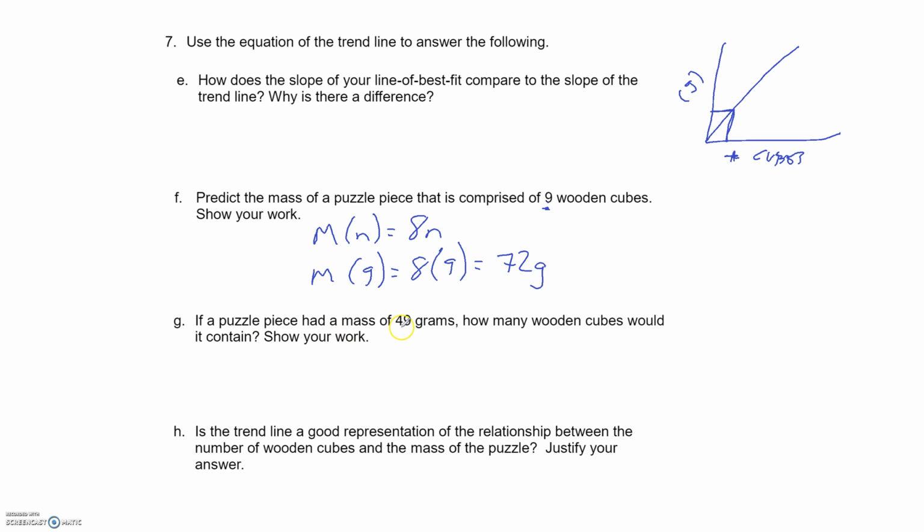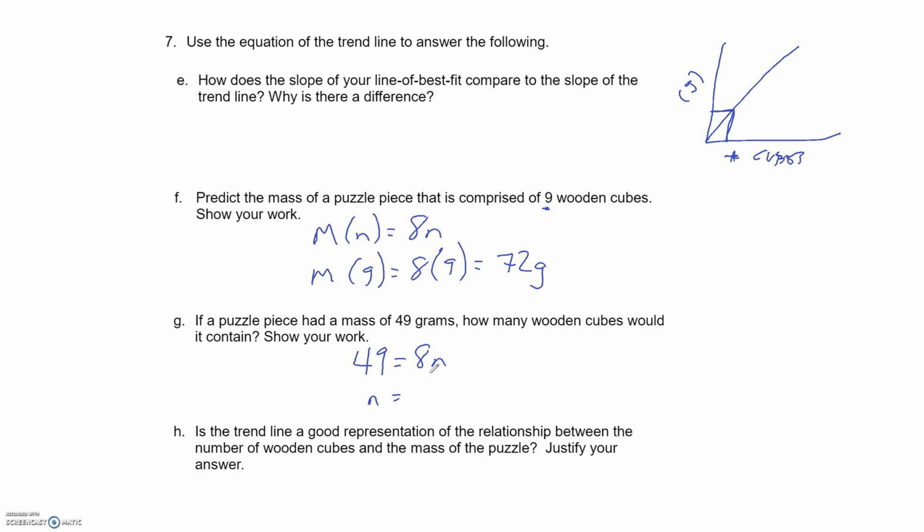If a puzzle piece had a mass of 49 grams, how many wooden cubes would it contain? So now we're going to say 49 is equal to 8n, and we have to divide each side by 8. So n